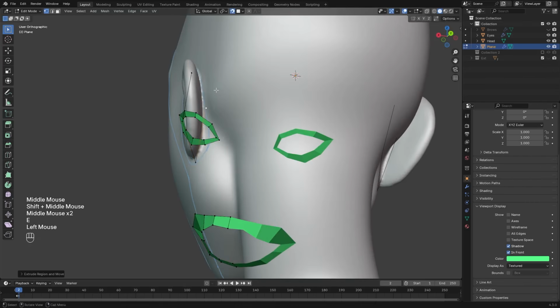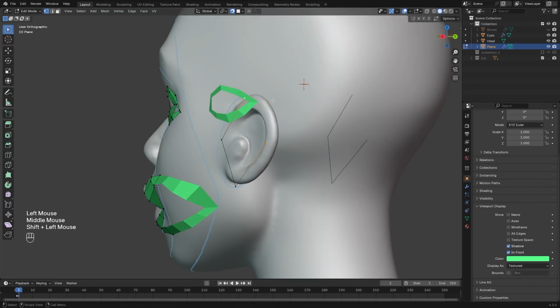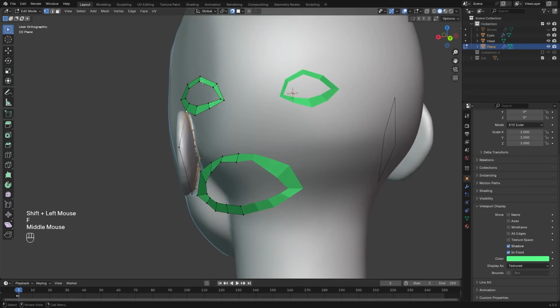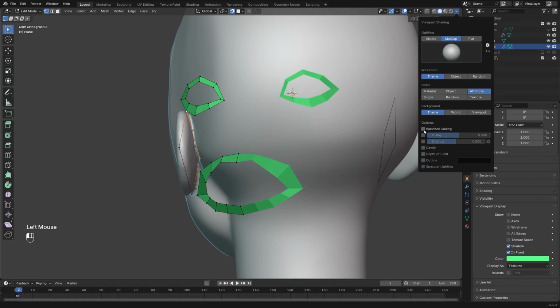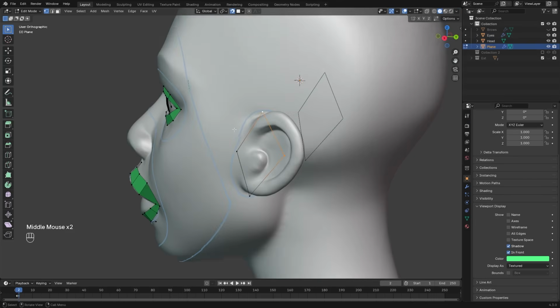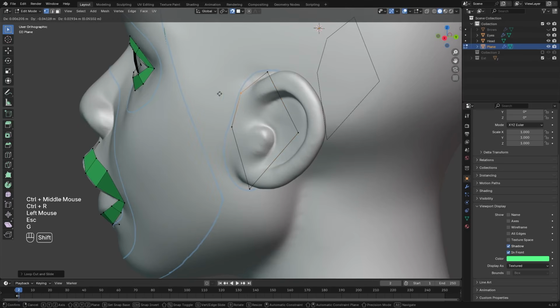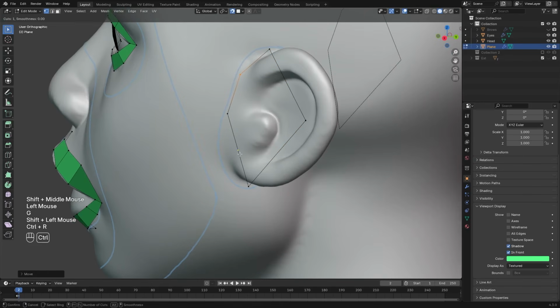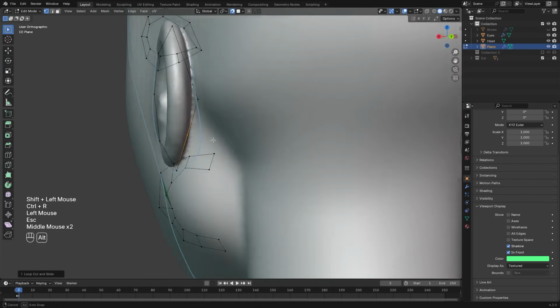I'm going to extrude this and press F to fill that in. And you can see that we can see the edges that were extruded in front through the mesh. So I'm just going to go up to viewport shading and make sure to turn on backface culling so that it doesn't distract us that much. I'm going to add in another loop cut here, the same here,